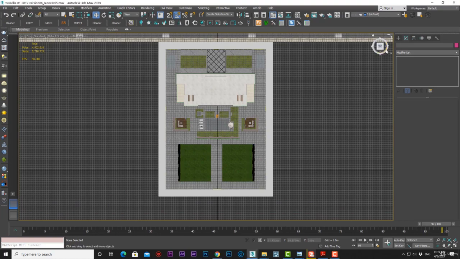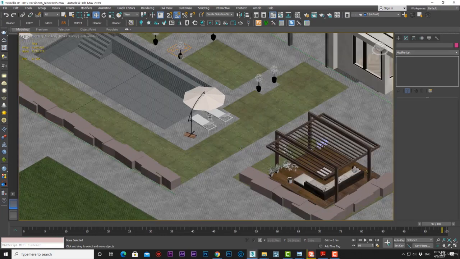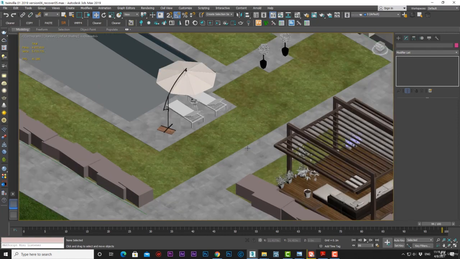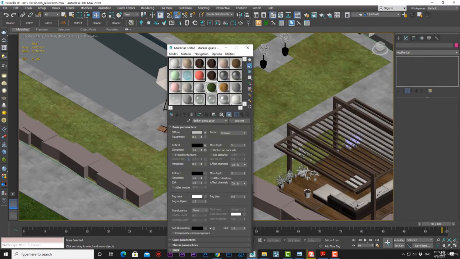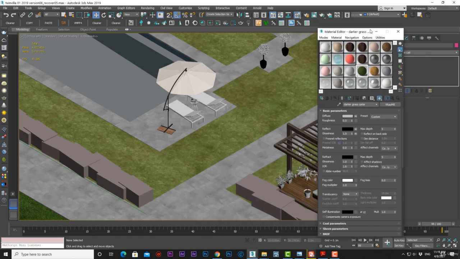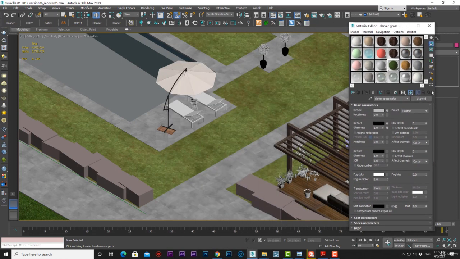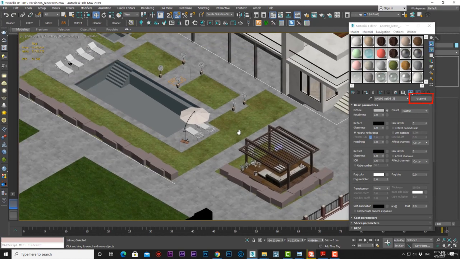The next step we will do is that we will convert all these V-Ray materials to standard materials, as Lumion can only read standard Max materials and apply its diffuse map to Lumion. So as you can see, we have these V-Ray materials applied to our project, and we want to convert that